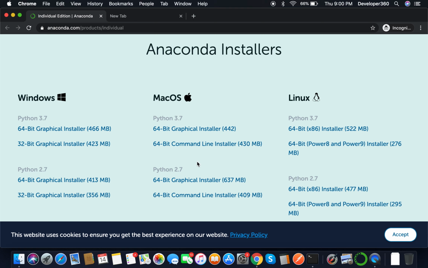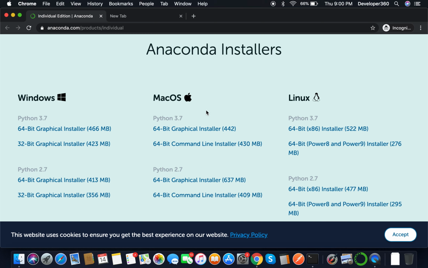So maybe in the coming future when I talk about the Python versions, I'll talk about Python 2 and Python 3, because the other numbers, that is 2.1, 2.2 or 3.1 and 3.2, are the sub versions. So basically we are going to talk about Python 2 and Python 3. In Python 3 they added many new things, which I will explain in coming videos when I start the Python. So let's focus on the Anaconda Navigator.